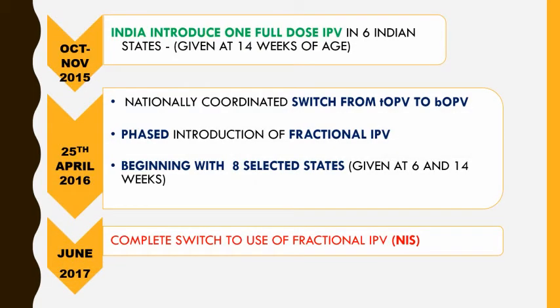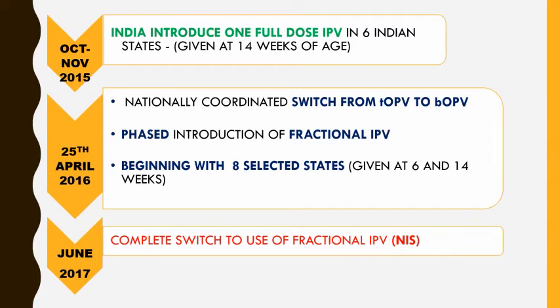Let's see how India introduced IPV into its immunization schedule. By October-November 2015, India introduced one full dose of IPV in 6 selected Indian states, given at 14 weeks of age. On 25th April 2016, there was a nationally coordinated switch from trivalent OPV to bivalent OPV, and there